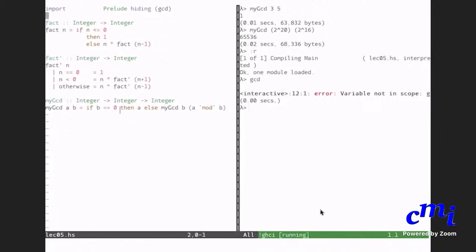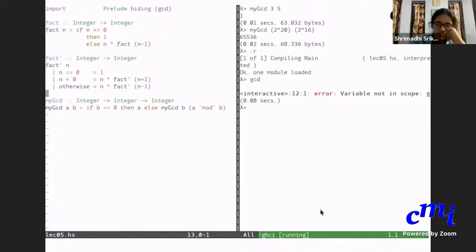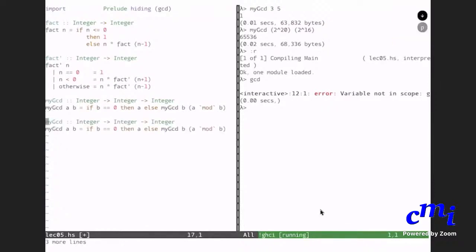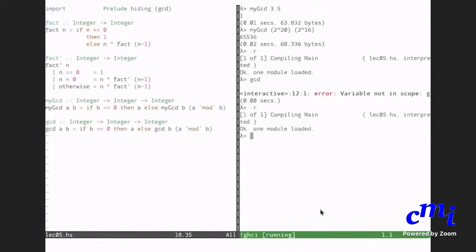So now you can actually go and copy these two lines, and instead of my GCD, you call this GCD. Okay, you can now reload and now you can ask GCD, type of GCD.